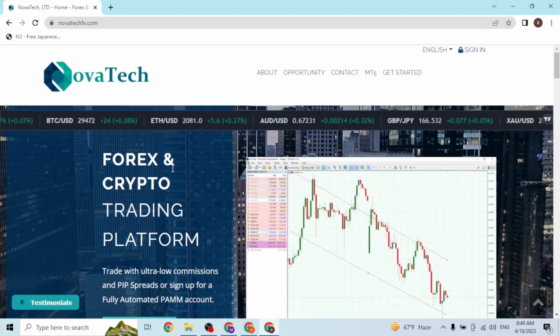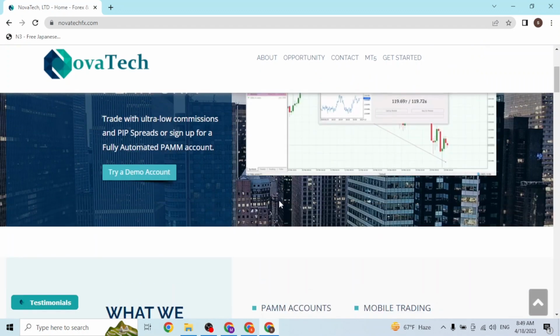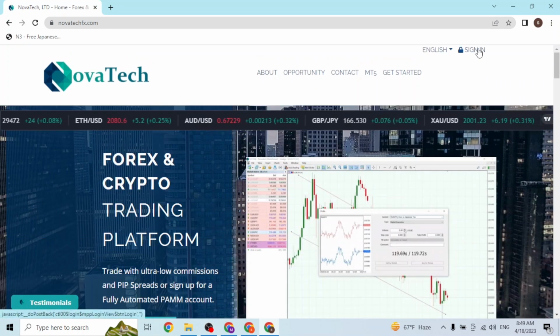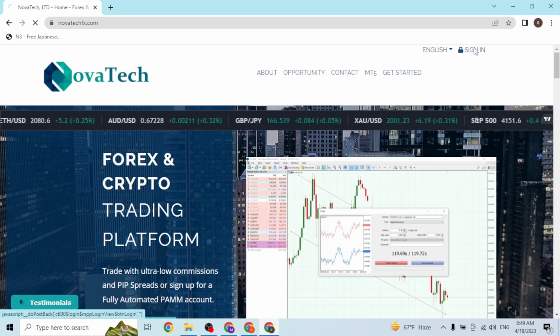To do that, at the top right corner of this page, you can see when you scroll up, there is the sign in button available just beside the language. So let's click on sign in,